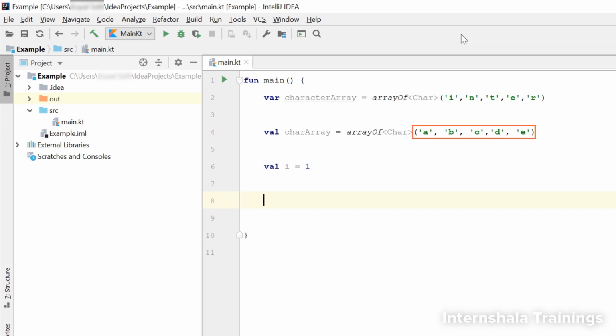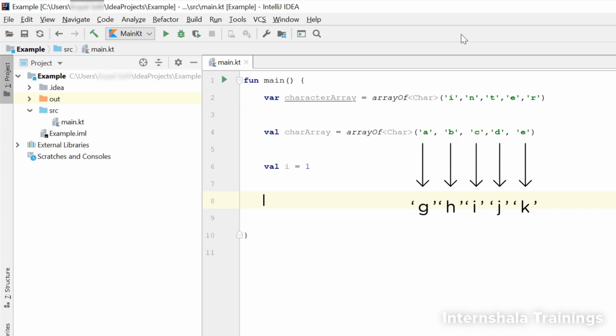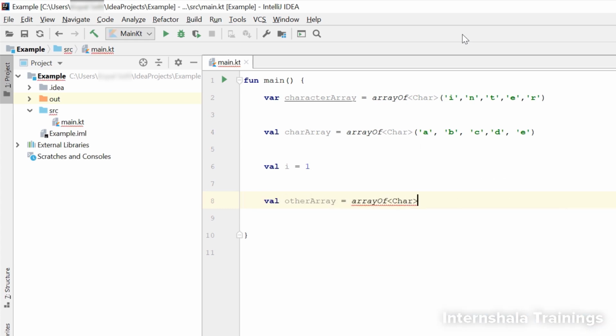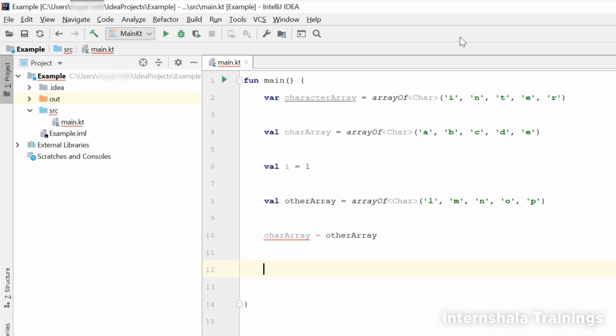But what is different here is that we can change the value of one or more individual elements. So we can change the value of this index from B to H. And we can do the same for all individual elements one by one. But let's say we have another array of the same size and same data type. Then we can't do this and try to store this array in this array.